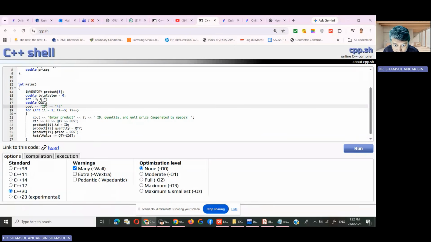I guess we can also do that. The tab. So here ID, and then you have unit price, quantity QTY